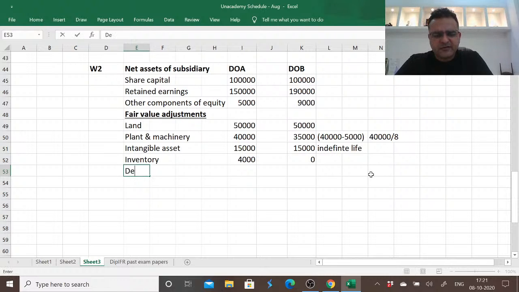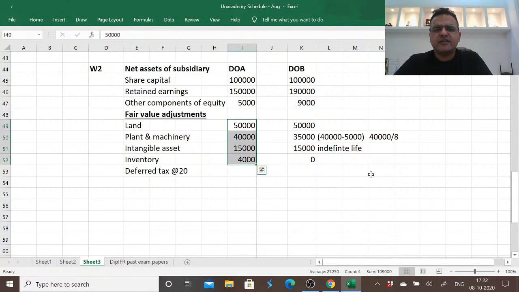As far as deferred taxes are concerned, if the rate of tax is say 20%, now we believe that we'll be earning these amounts in the time to come. 109,000 will be the earning in the time to come. So deferred taxes applicable on fair value adjustments does impact goodwill valuation. So we need to charge deferred taxes on the expected earnings in future. The expected earnings in future are 109,000. So 20% on it,